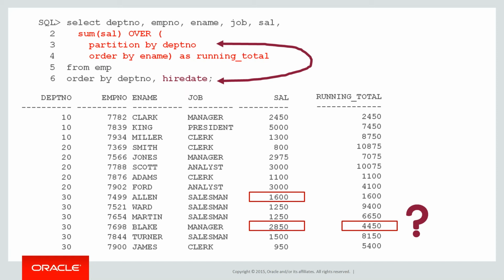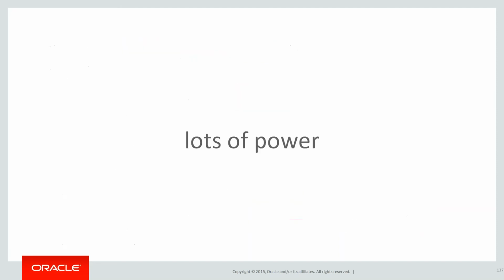It's just that the output looks a bit counterintuitive because I haven't ordered the result set by the same thing as I ordered by my analytic. You don't have to. Just be aware that the data looks a bit strange, but it is actually still correct.